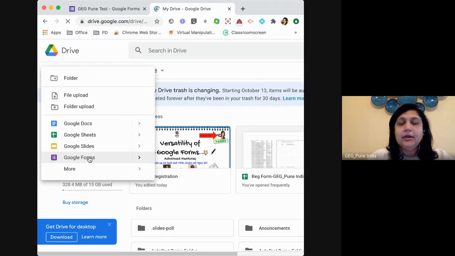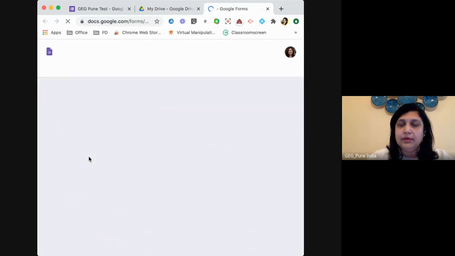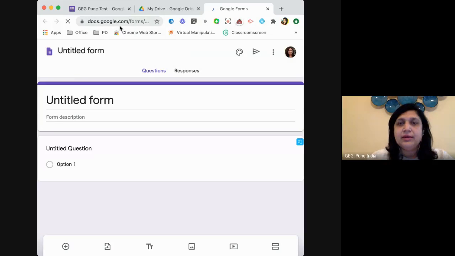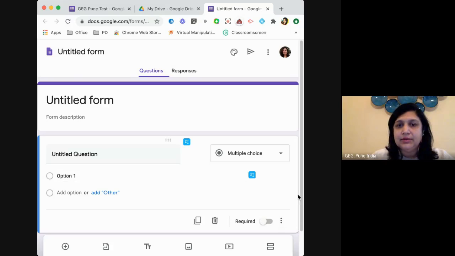Okay, right here. As soon as you click new, whenever we have to create anything, a new doc, new sheet, new slide, new form, Google Drawing, anything, we always go this way. There is another second way: in your Omnibox, you directly write google.com/forms. So whichever way works for you, that is great.